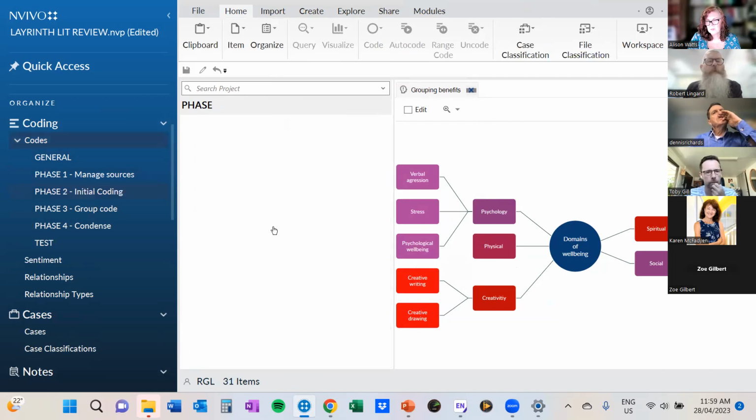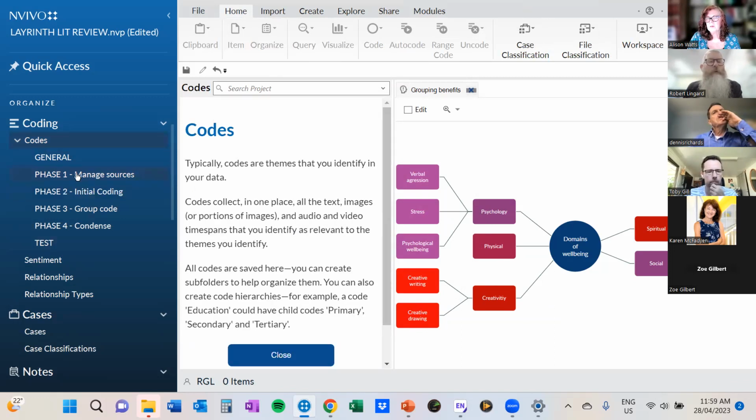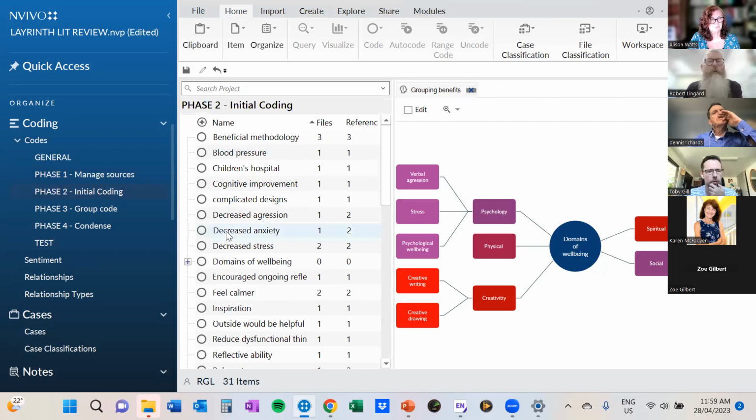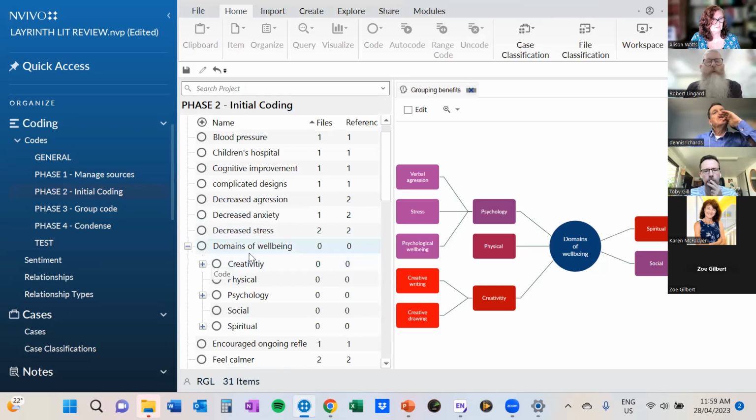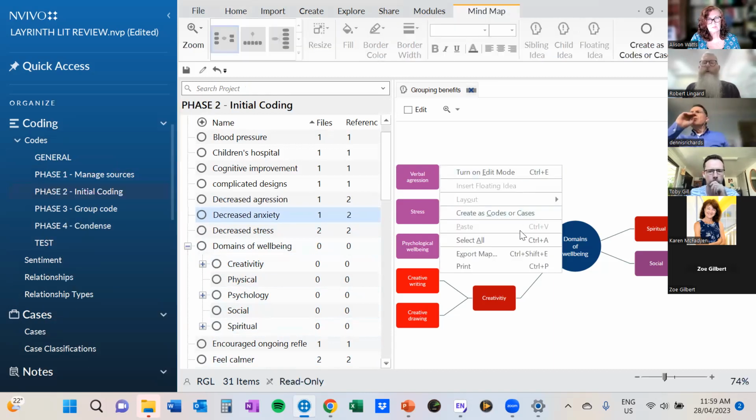Oops. Where did it go? So my domains of well-being, with all its subcodes, have now been created as a code set here. But pulling them the other way, I don't think is possible. So, Robert,